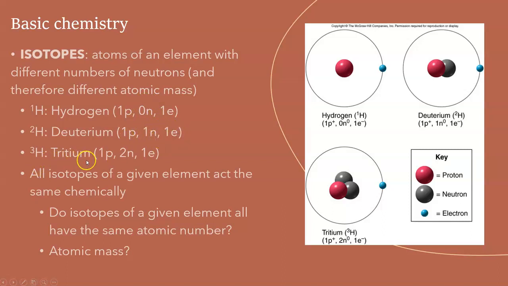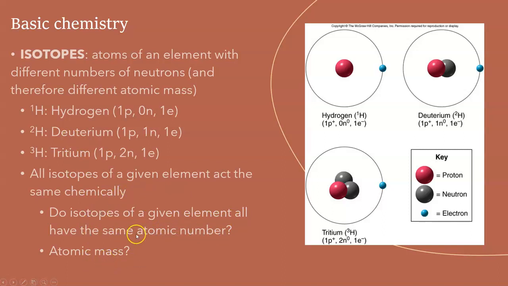And then tritium, which has 1 proton, 2 neutrons, and 1 electron. These are all isotopes of hydrogen. Now, they all act the same chemically. Okay, so they all act like regular old hydrogen, but they just have different mass numbers, a different atomic